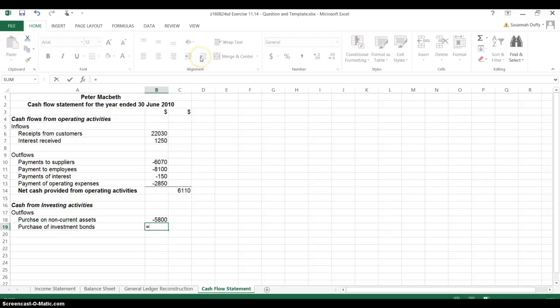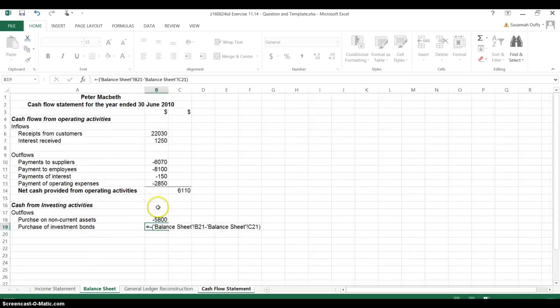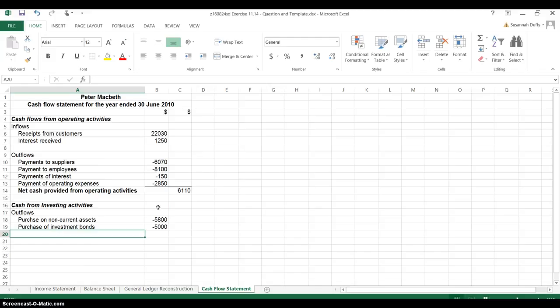And again, the same thing, equals negative, open bracket, go over to our balance sheet, current year minus last year's to get that value, and then close bracket. Now, we didn't have any of the loans to third parties, so that's all we had for outflows in this